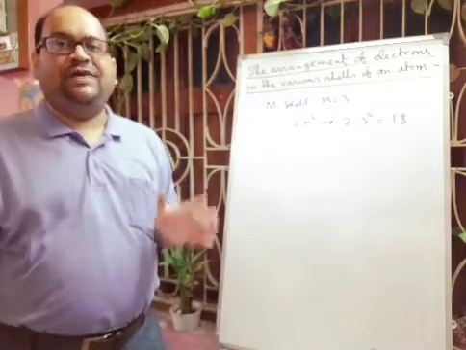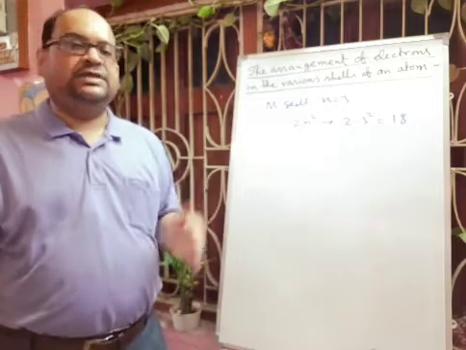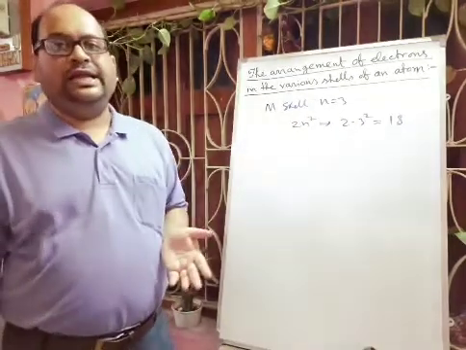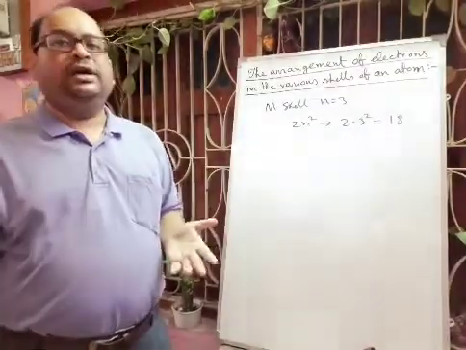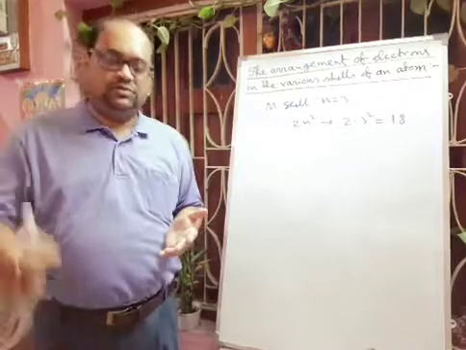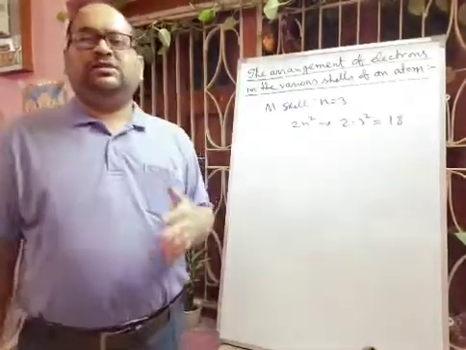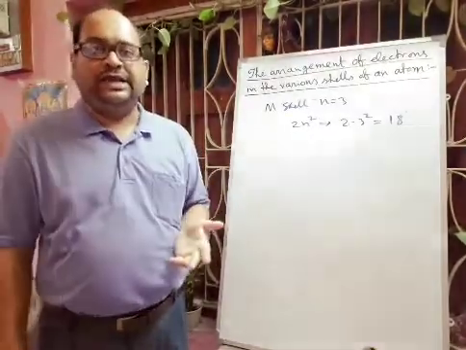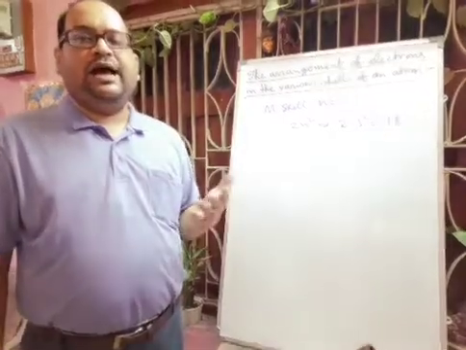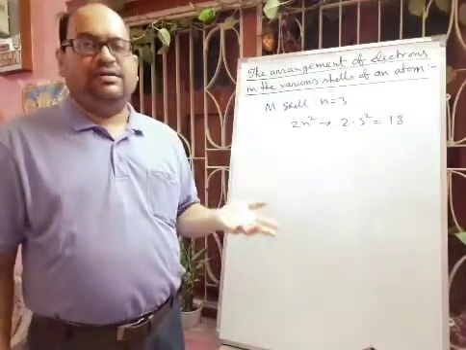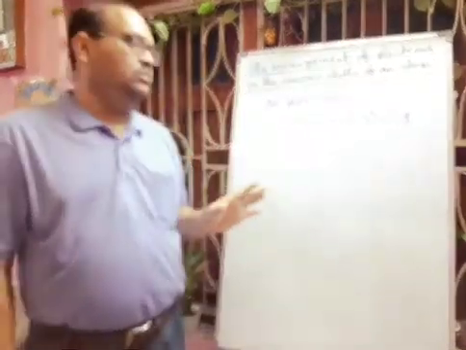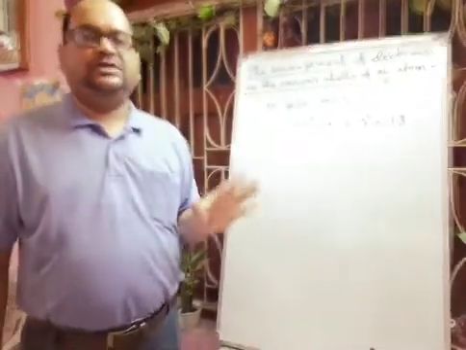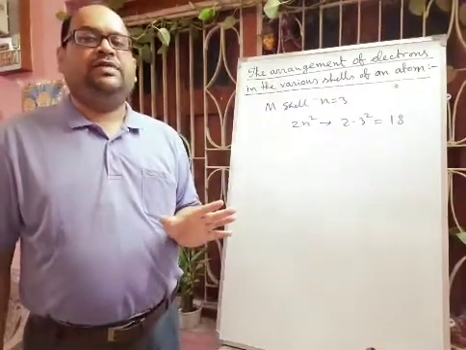This is due to the fact that the elements become stable after acquiring 8 electrons in the outermost cell. The next cell to the outermost cell, that means towards the nucleus, is called the penultimate cell, and the penultimate cell can have a maximum of 18 electrons. Hope you can understand. This thing you have to keep in mind. Next we will discuss the electronic configuration one by one.